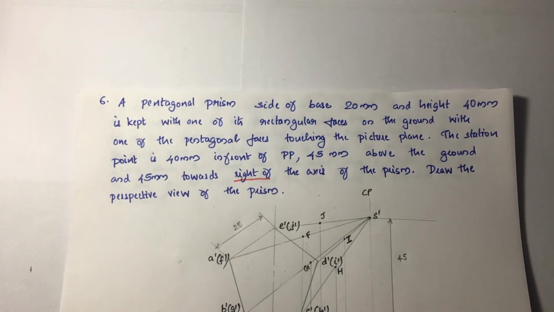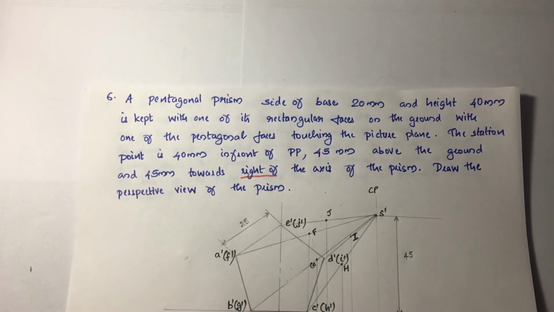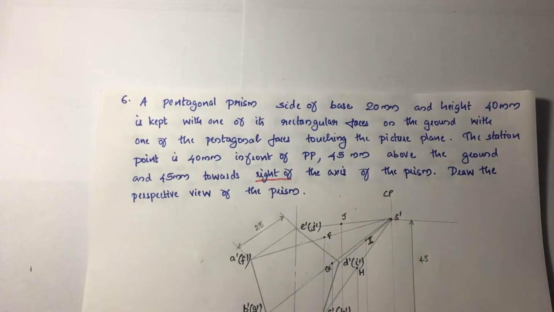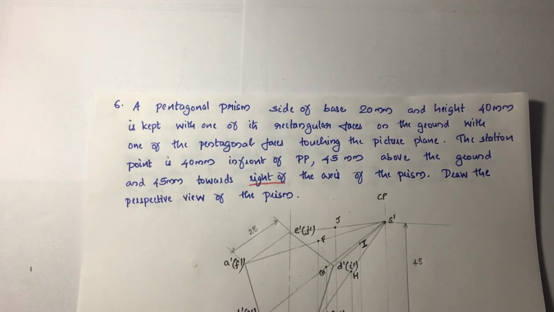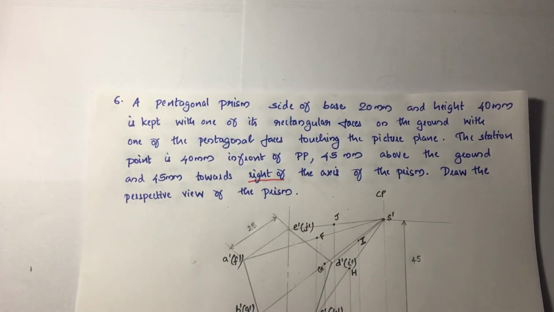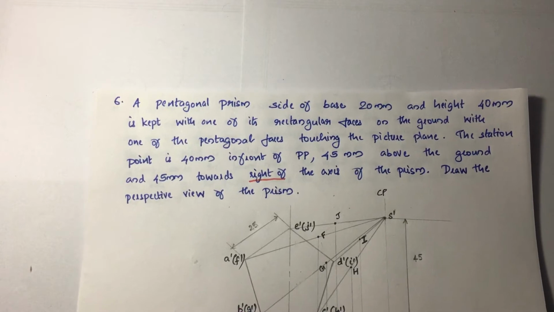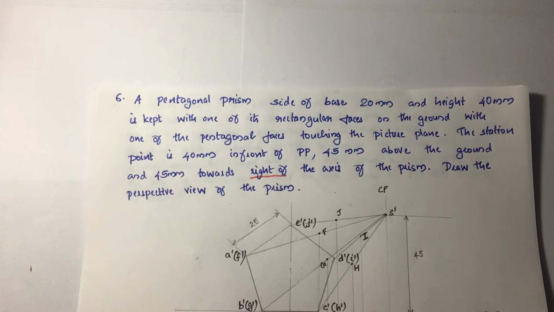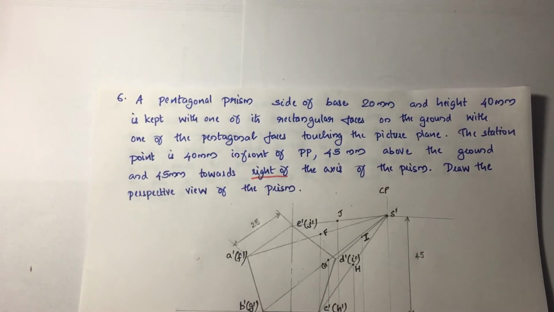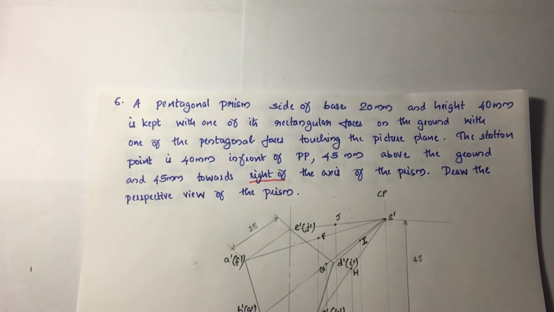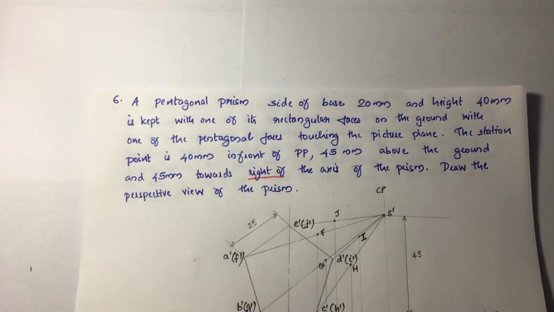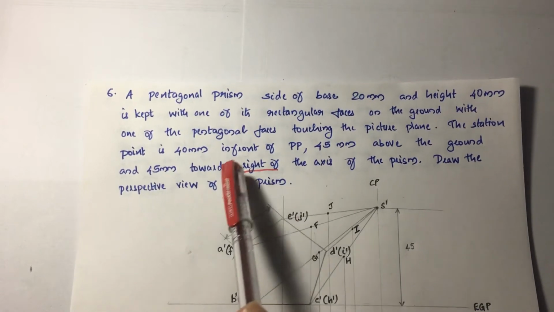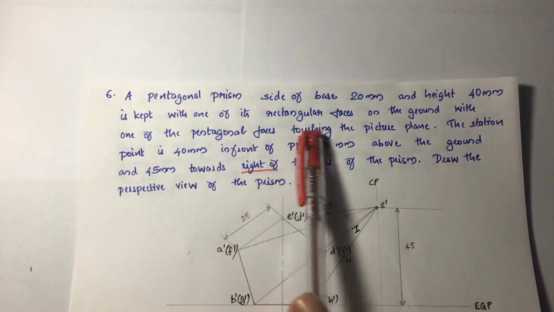In this session, you are about to see the perspective view of a pentagonal prism. The dimensions of the same are clearly mentioned in the question. The distance from the station points as well as the dimensions towards the right of the axis are also clearly mentioned. The position of the pentagonal prism is told as it is kept with one of its rectangular faces on